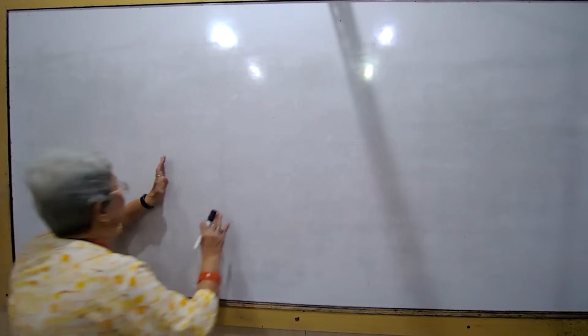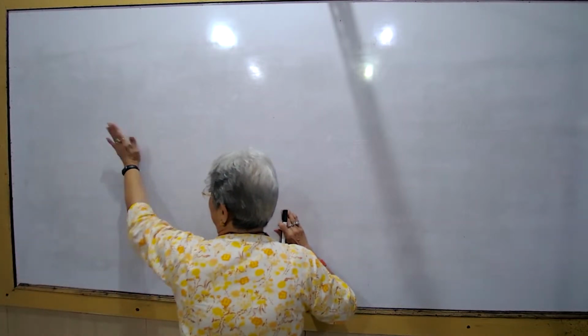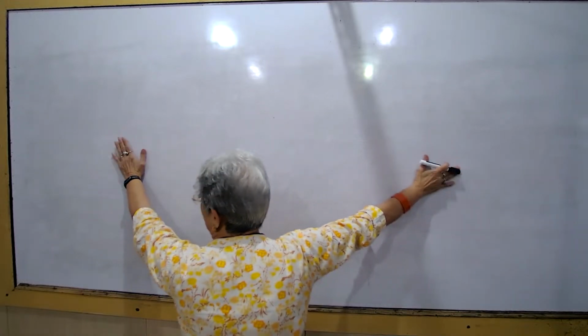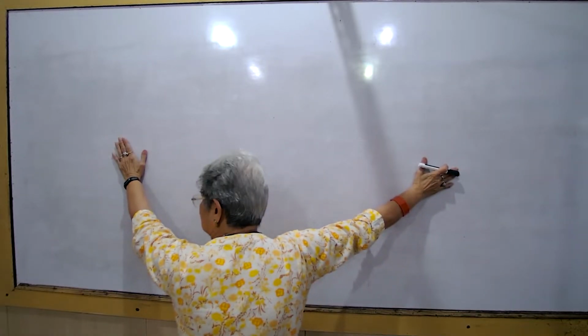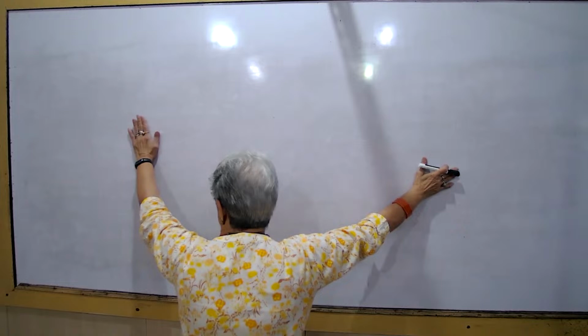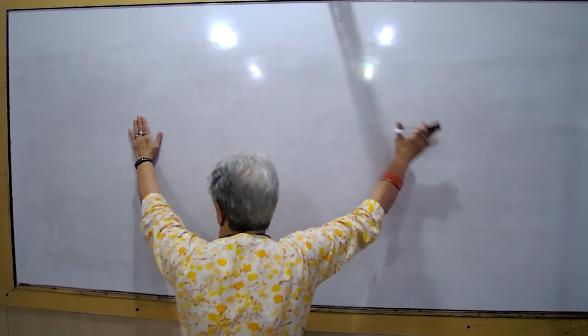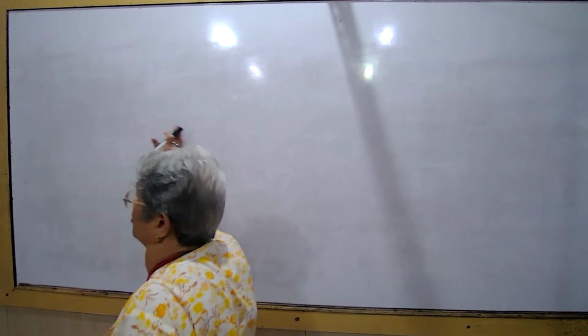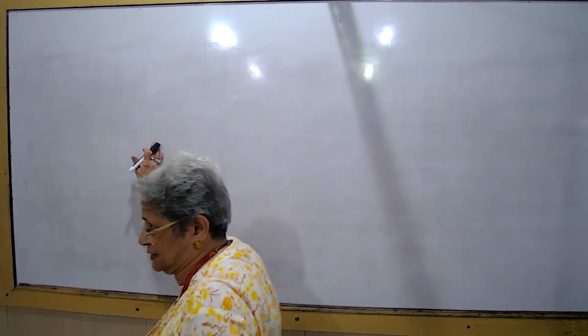In a chemical equation, you have to write down the reactants on the left-hand side and the products on the right-hand side. Correct? If there are two or more reactants,